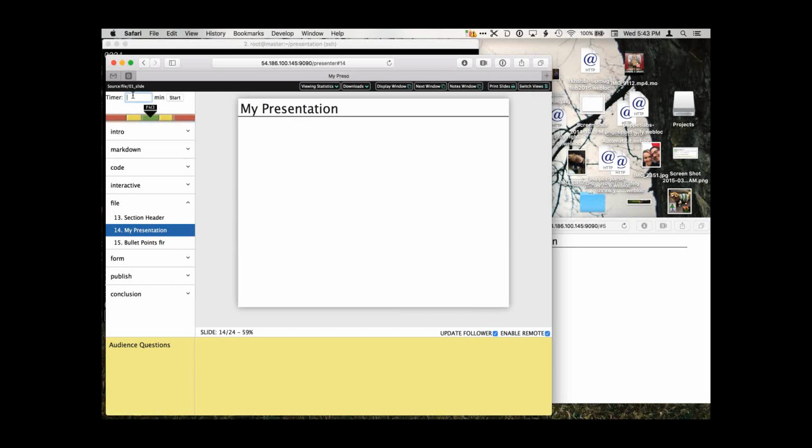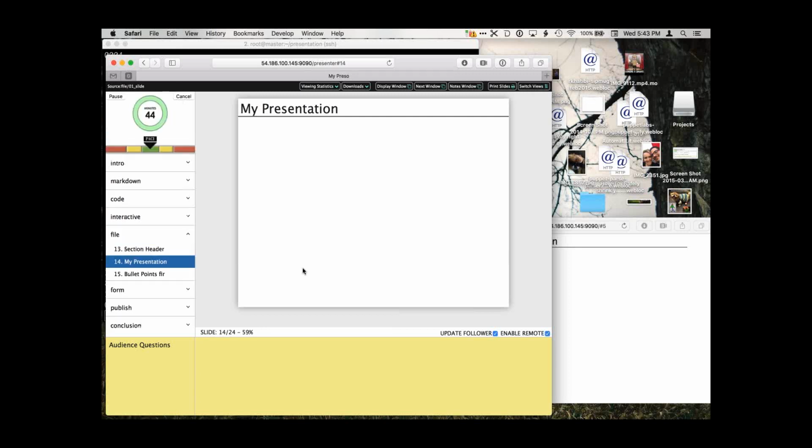We also have a timer. So let's say I planned on this being 45 minutes long. I'll just throw that up, and this little green circle is going to count down and count out 45 minutes, and it'll let me know when I've been talking too long. Sometimes I have a tendency to do that, so it'll yell at me. But now this is where it starts getting a little bit different, a little bit weird.